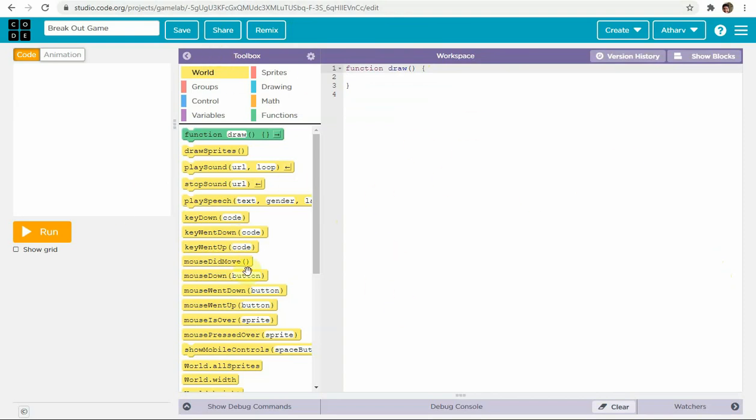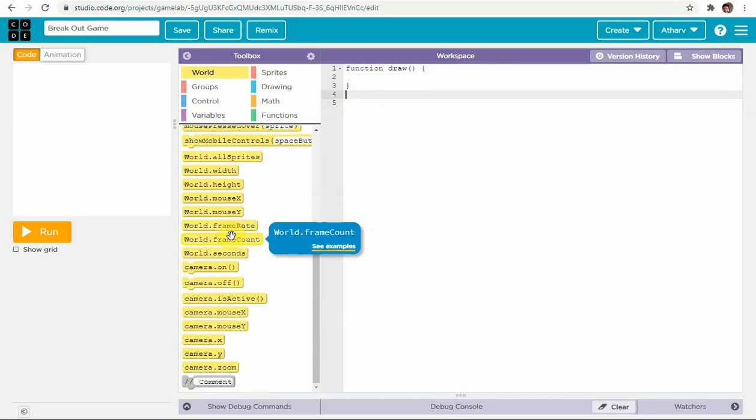Here is the toolbox. If you need to use a function, like world.all, you can drag this one into the coding area, and then it will be converted into text. Here you can use show blocks, so it will be shown to you. Now for our purpose, I'm removing this.